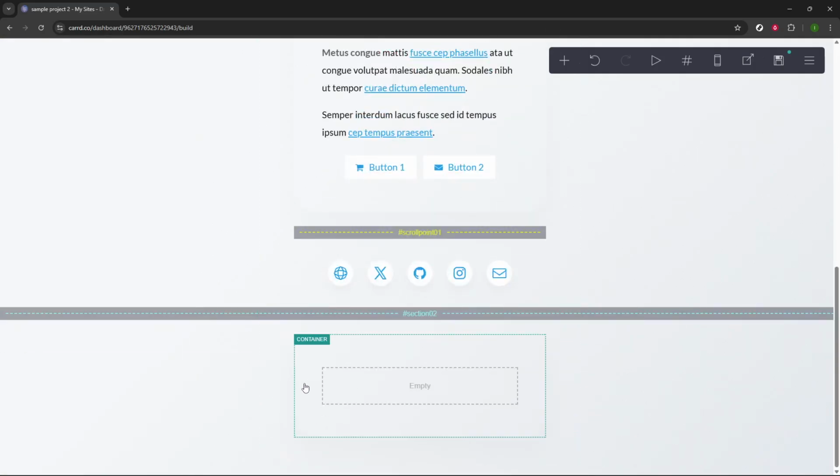A few quick tips to keep things clean. Keep section names unique and descriptive. Drag sections in the sidebar to reorder your site flow, and preview on mobile to confirm spacing and transitions feel right. If a button isn't going to the right place, double check that the link target matches the section name